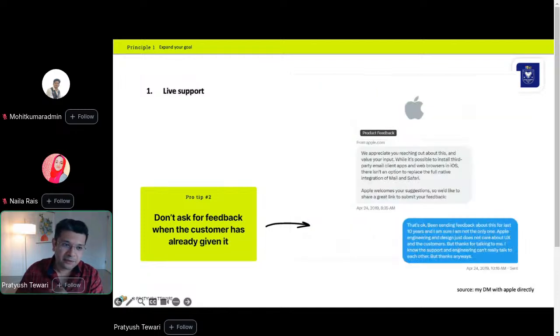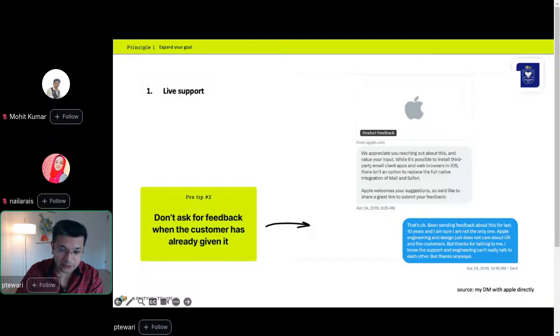The second pro tip would be, we often nudge our customers to send feedback. This is from Apple, where there is a problem that has been going on for years, and their resolution is, can you create a suggestion in the feedback form? Now, this is really a difficult point for the user to decide whether they should do it or not, because they probably have done it so many times without any confirmation that their feedback was heard. So please don't ask for feedback when you don't have intentions to respond to the feedback, right?